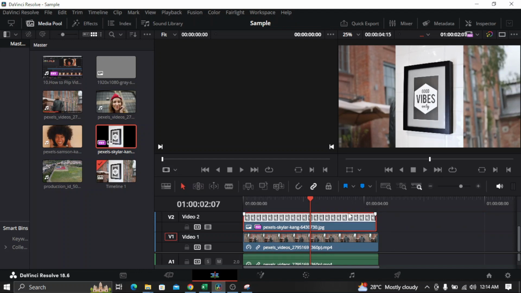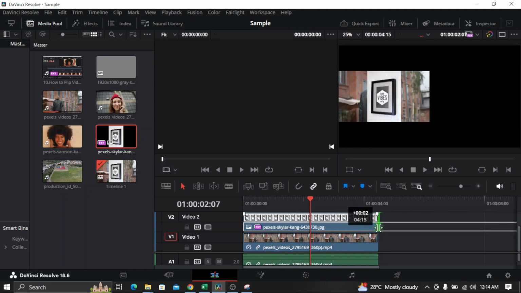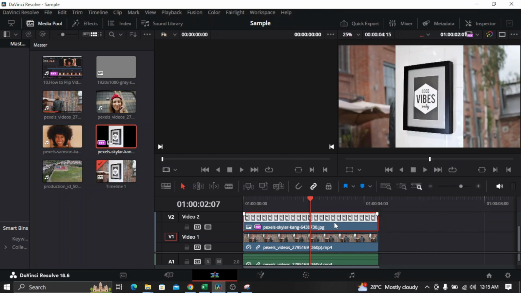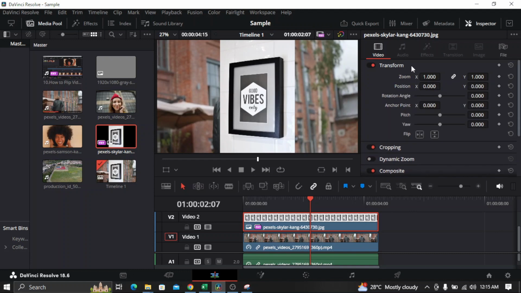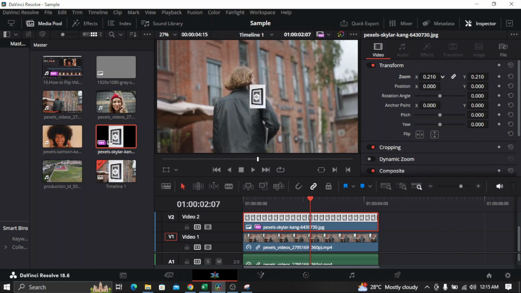And then once you drag your logo to your timeline, all you need to do is just select your logo, go to Inspector, and go to Transform, and here adjust the zoom to the size that you want. And once you get the size that you want, go to Position, put it on the position that you want,